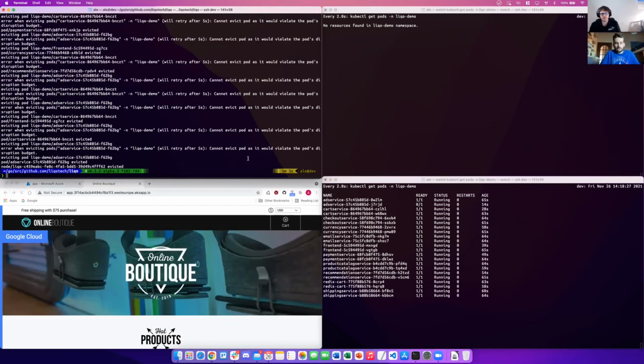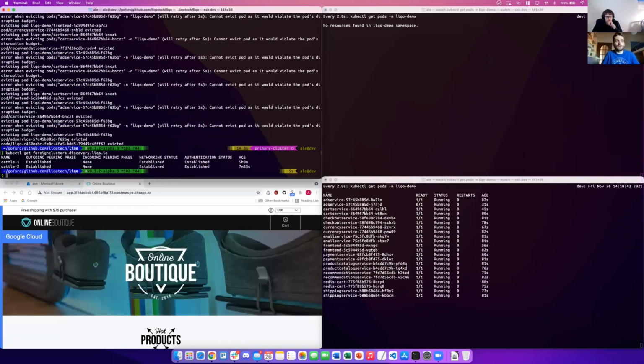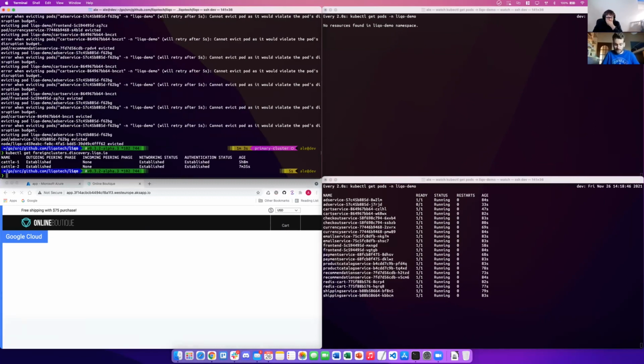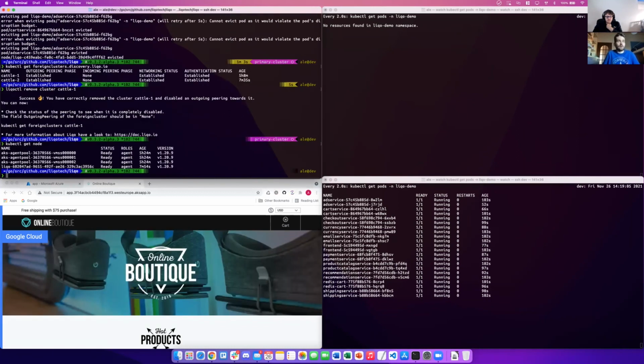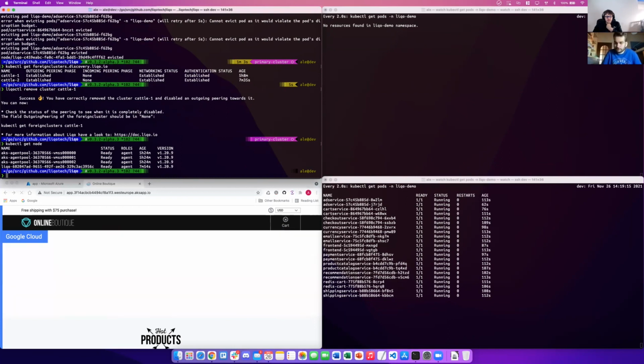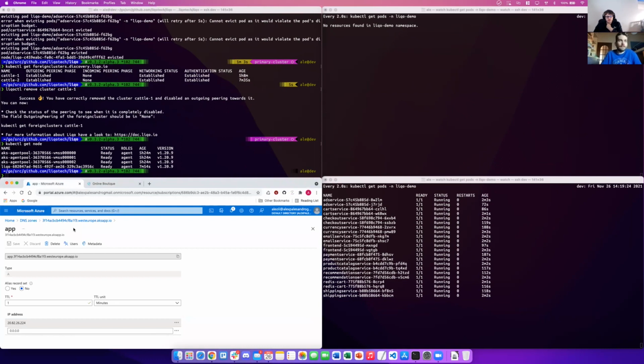So now I think we can unpeer the old cluster. Exactly. We can get the foreign clusters, so we can see which is the old cluster, and then we can remove it from our supercluster with liqoctl unpeer with the name of the cluster. Now we can see that our old node has disappeared, and we are free to remove the old cluster and use the new one. So we can destroy the cluster from the Azure panel, and everything will go perfectly okay. So the application will continue to work.